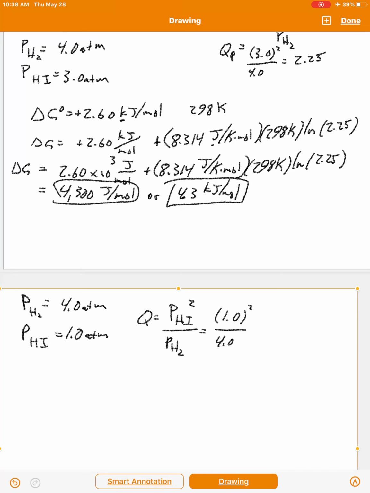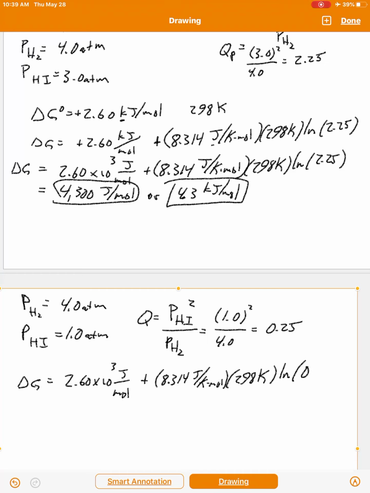So now, what do we get? 1 squared over 4 is 0.25. So Q is 0.25. Now here's what happens. If we want to calculate delta G for this one, again, we would have 2.60 times 10 to the 3 joules per mole plus 8.314 joules per kelvin mole, 298 Kelvin,